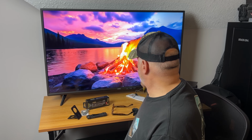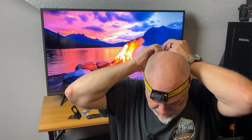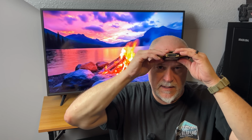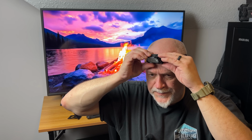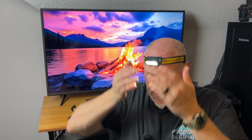And then the headlamp, like I said, pretty easy to adjust. So you just pull that tight, got the little button back there, and of course you've got an angle on this so you can aim it at your work area. Nice little light,